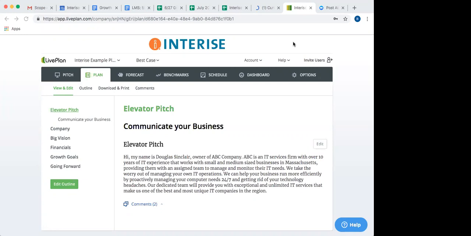And so we've been working with LivePlan for a little while to try and customize their software so that it's more in line with our growth plan template. And so what we have today, and what I'll show you via my screen share, is that kind of customized, built out growth plan within this software.